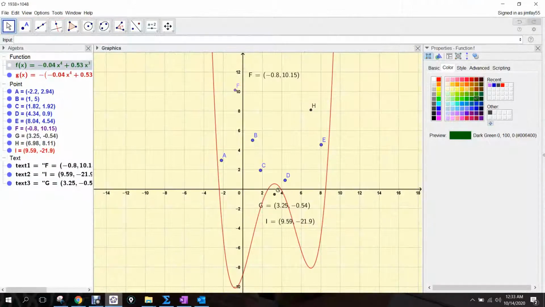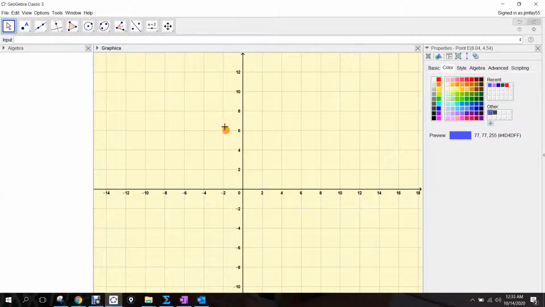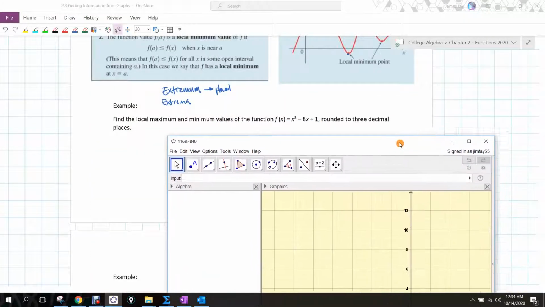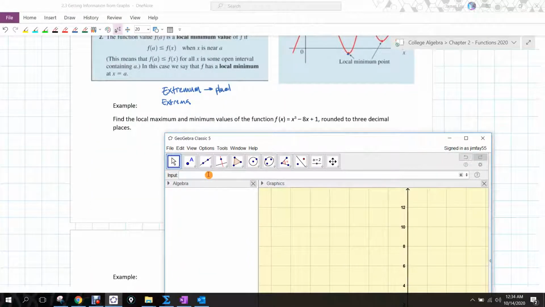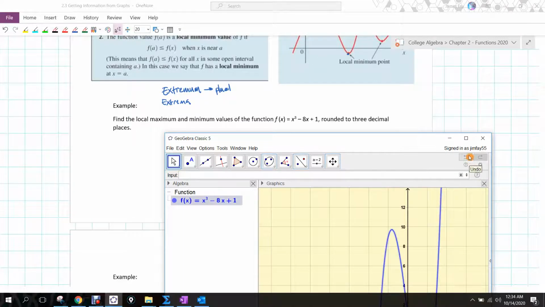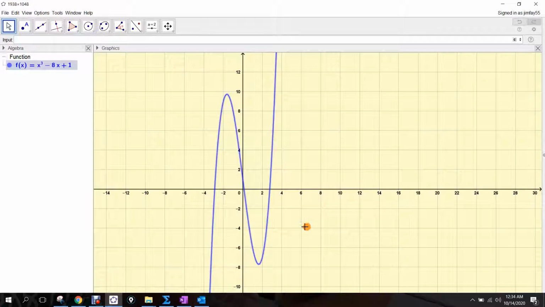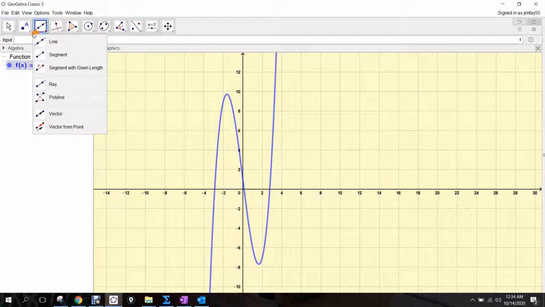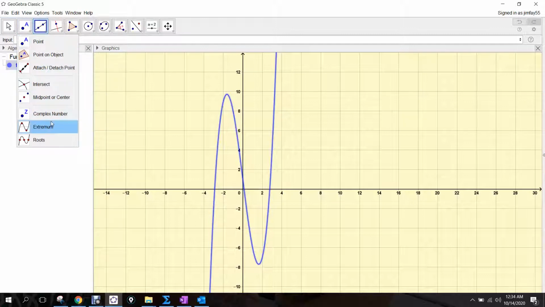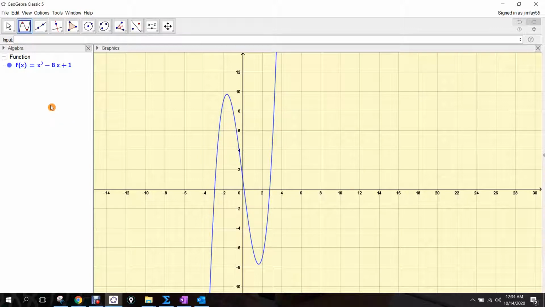So right now, the only thing we can do is look at a function. We can say f of x equals x cubed minus 8x plus 1. We can look at this and ask ourselves, okay, where are the maximums and minimums here? So I can click on that extremum, and I can click the function, and now